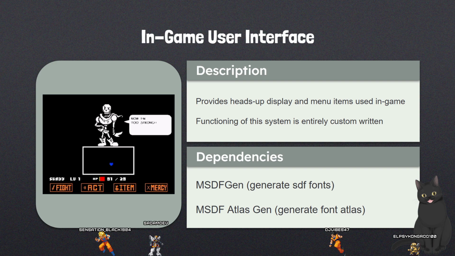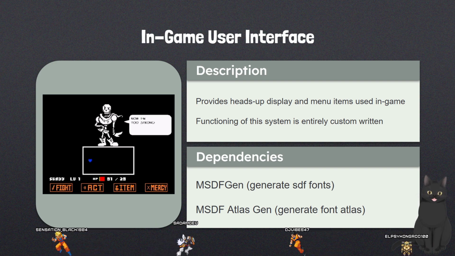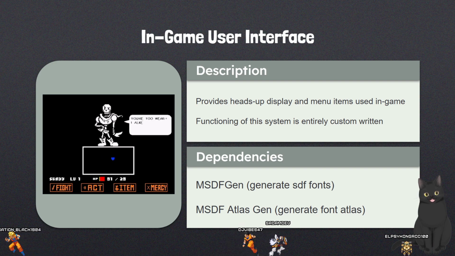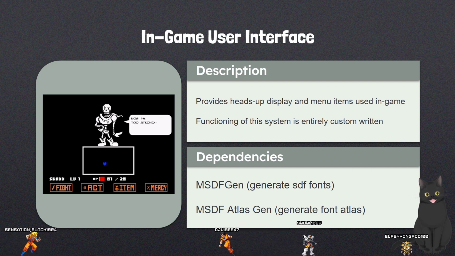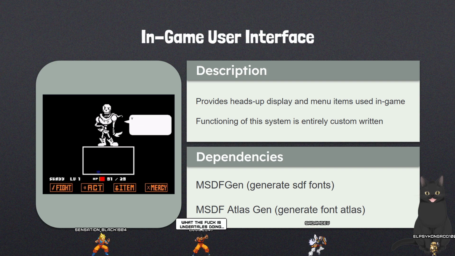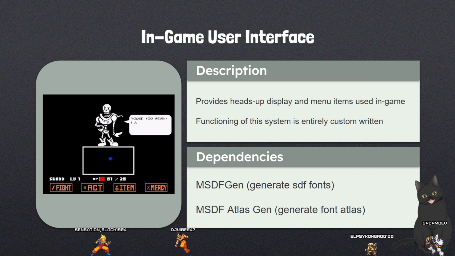For the in-game user interface, it provides a heads-up display and menu items. So that's what I have used currently. I have a main menu in my Pong game, and a score counter when you're playing the Pong game. And the functioning of the system is entirely custom written. The only thing that I need as a dependency is MSDF gen